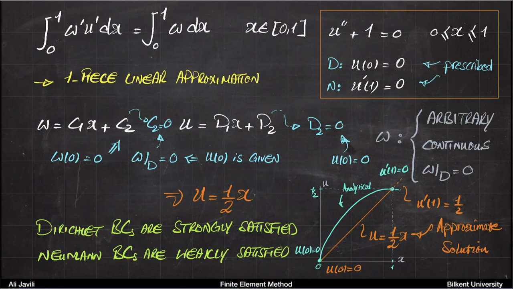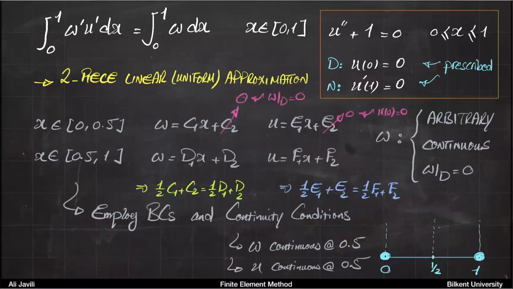Okay, so as you can see here, the Dirichlet boundary condition is strongly satisfied because you hit the points, and then Neumann boundary conditions are not strongly satisfied because the derivative could be different at a Neumann-like boundary condition. So that was a one-piece linear approximation, and then we want to do a two-piece linear approximation, which is uniform